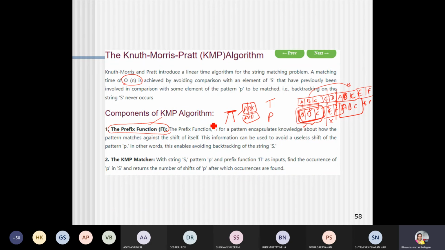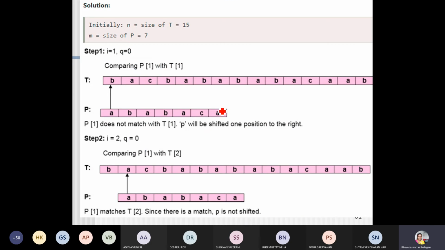Okay, so this is the KMP algorithm. This is a very important function, which plays a key role in the KMP algorithm. I will just go straight into this example. This is the text I am given. This is going to be the pattern A, B, C. Whether there is a match over here, here no match.